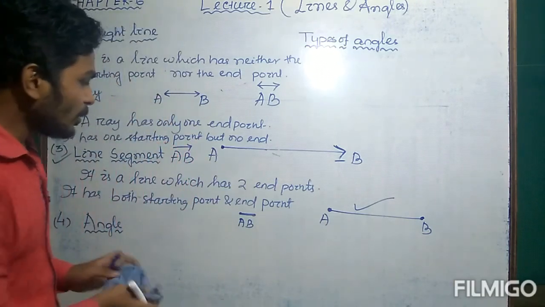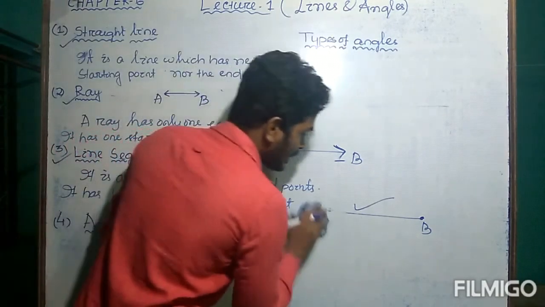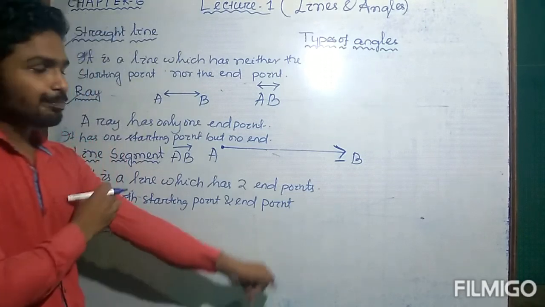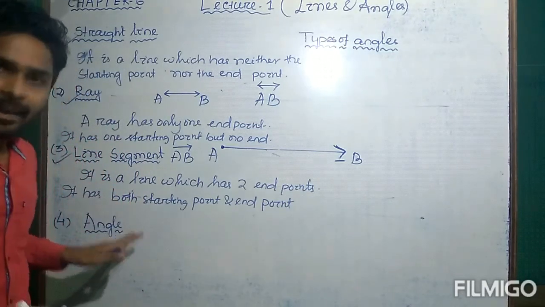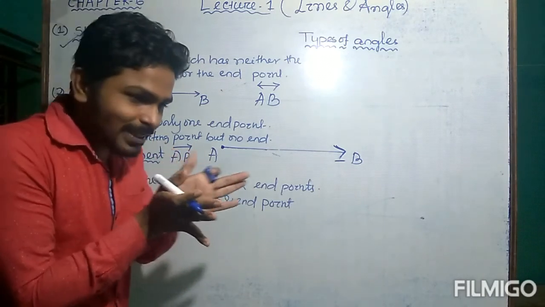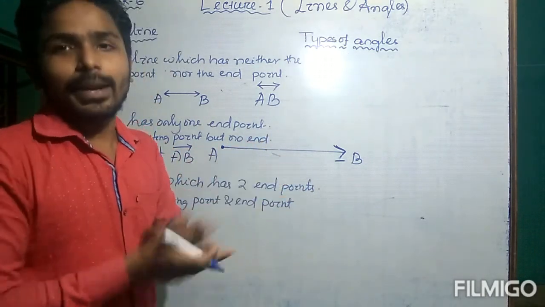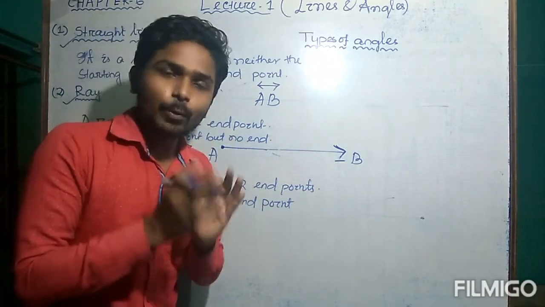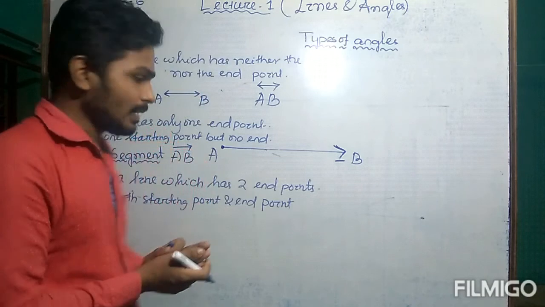Okay. First of all, we have to know what are the angles, how an angle is formed. Listen, an angle is formed when two rays originate from the same endpoint, or if two rays have a common endpoint, then they will form an angle. How? See,